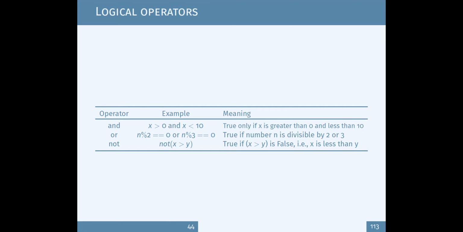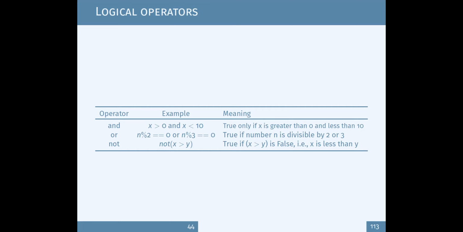Next, you can also combine each of these comparison operators together with logical operators like and, or, and not. The AND operation will evaluate true when all the inputs are evaluated true. The OR operation will be true if any of the inputs are true, and not is always the opposite.